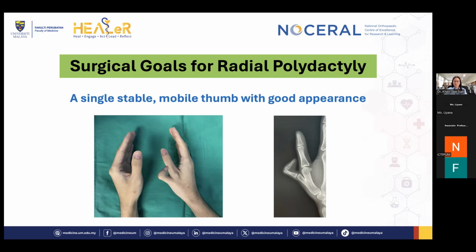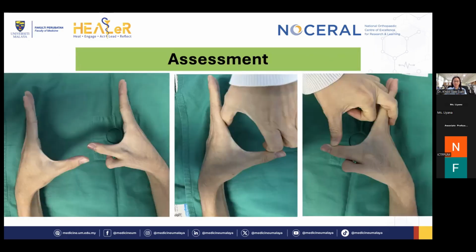same. So instead of what they call a duplicated thumb, it is more correct to say that it's actually a split thumb. In assessment, it's very important to look at the web angle to see whether web widening is required, because that will affect the patient's grasp, and also to check for the stability of the metacarpophalangeal joint. In this patient, which has a type 5, the ulnar collateral ligament instability in the MCP joint is